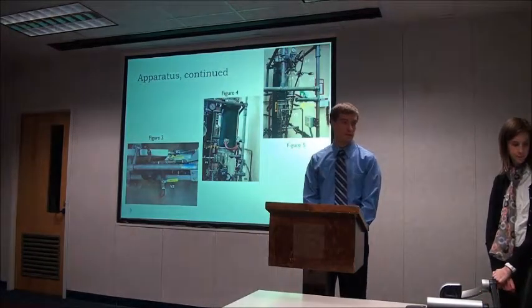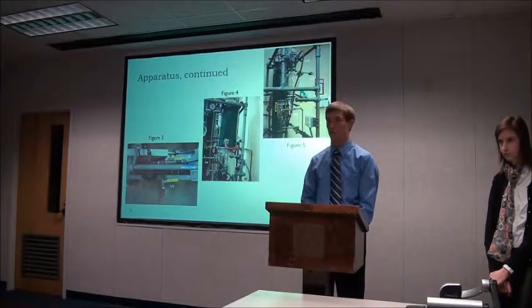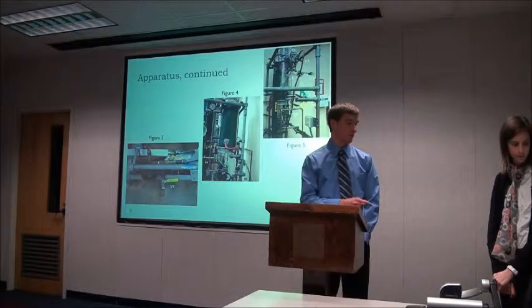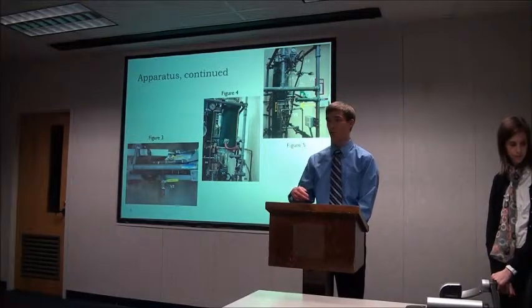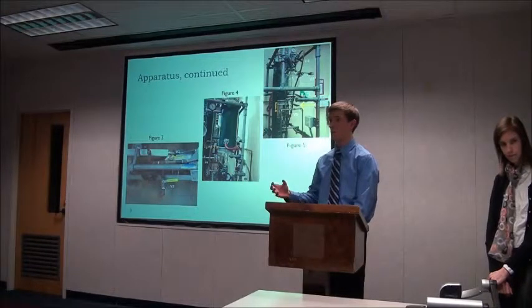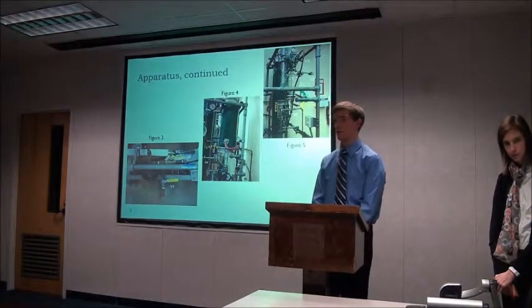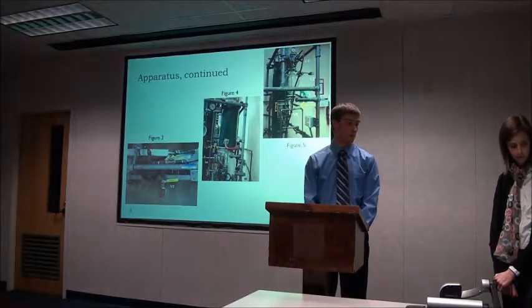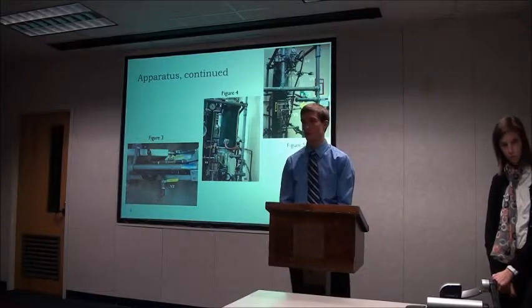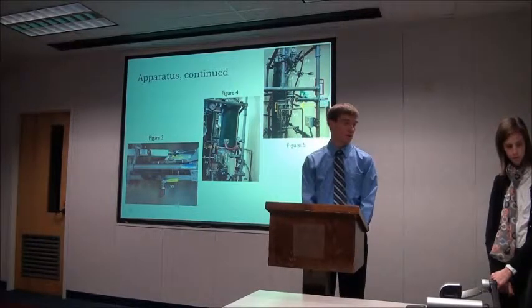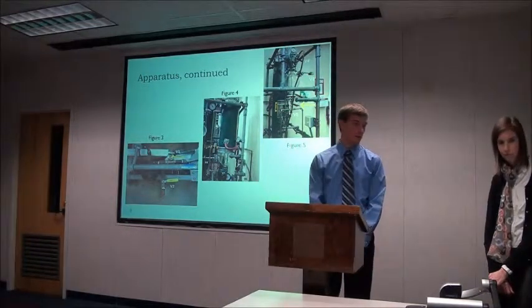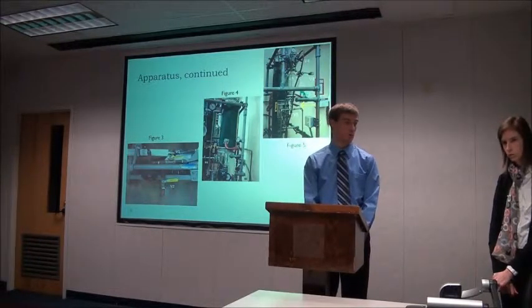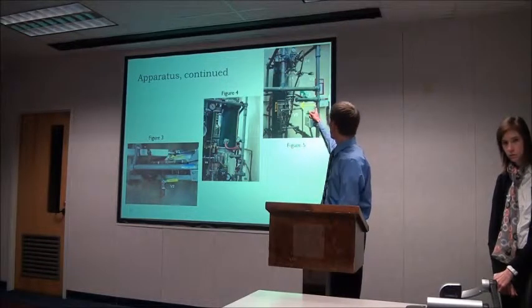The way we collected our samples for steam flow and liquid flow was we closed valve 1 and opened valve 2 as shown in figure 3. And that way the extra steam that condensed from the evaporator would go down, and we can measure it from the vessel that we collected it in. And then in figure 4 you can see the condenser, which we collected the vapor that evaporated off of the water. And that was collected by opening valve 7, and it would lead out to our vessel again to collect it. And finally, the other part of the liquid flow that we measured was in the volumetric flask as shown in figure 5,